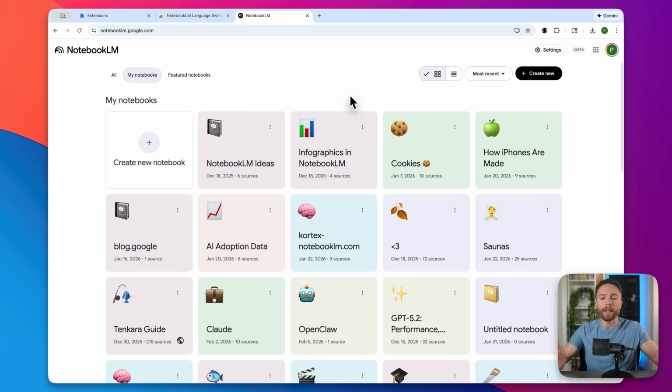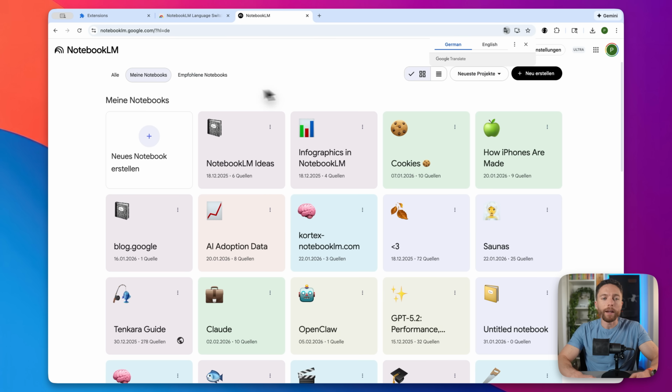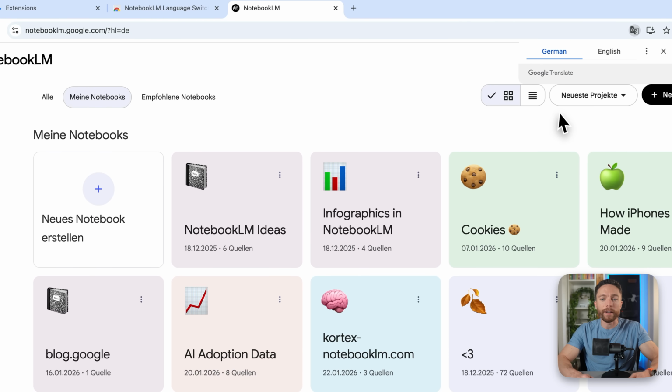So here, everything is in English. But if I go ahead and click on this, let's change everything to German. And you'll notice that all the headers up here are now in German. Now, one thing to note is that it's not going to change the names of your notebooks, but it kind